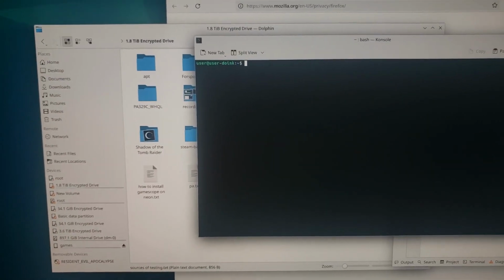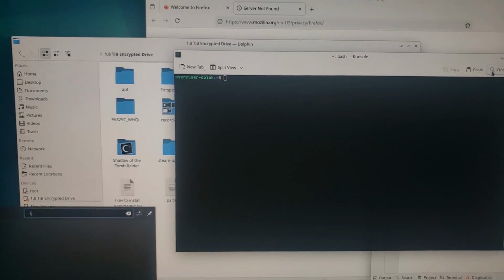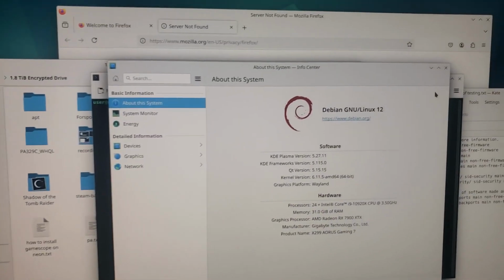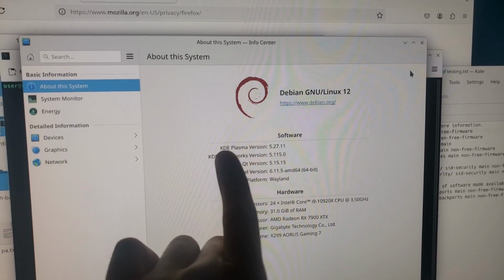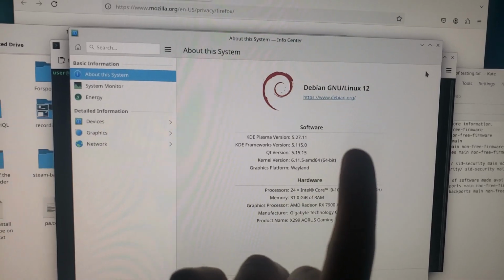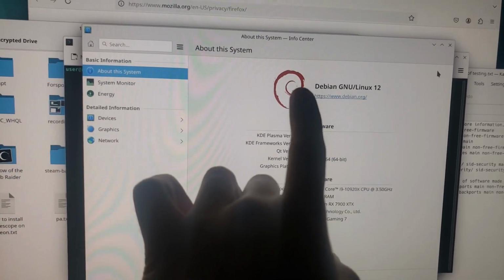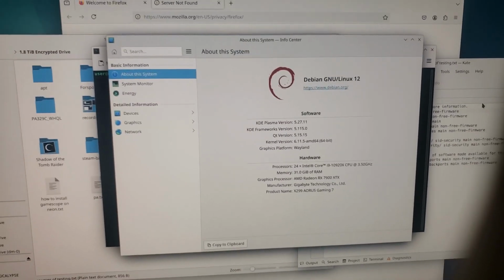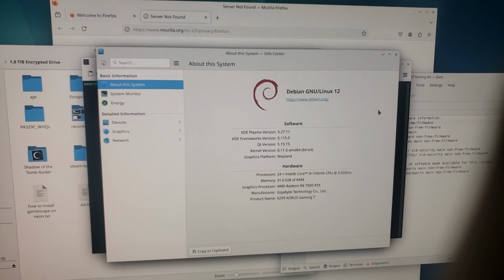Okay, anyway, now that we are back, let me show you. Info center. Now we're on Plasma 5.27.11, and we're on Debian 12, so I'm not sure what's going on over there, but let's